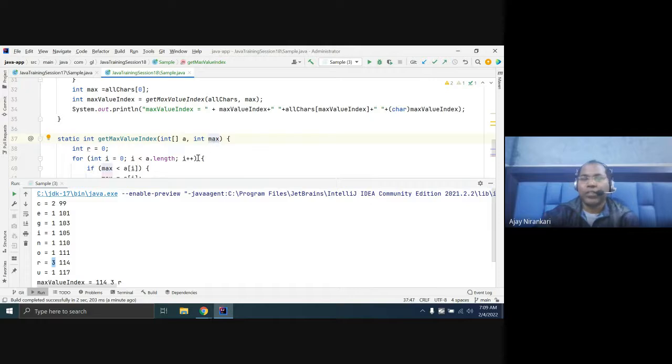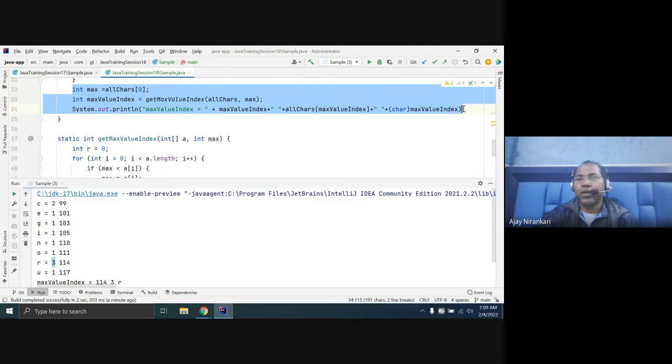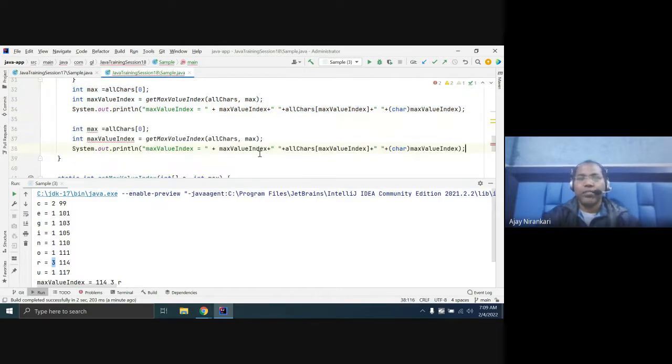What is the next maximum? Let us invoke this method again. Next time you pass 3 here. Already you have a max of 3. Next time you want 2, right? Is it correct?